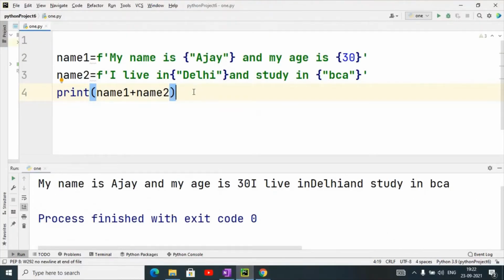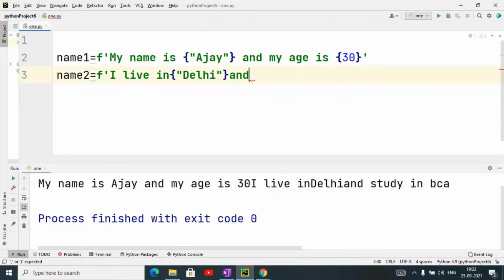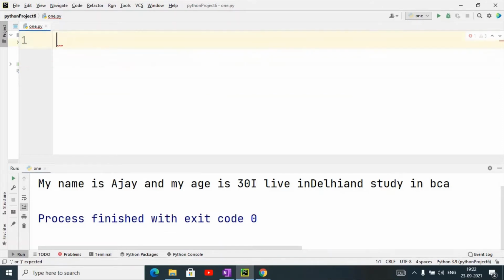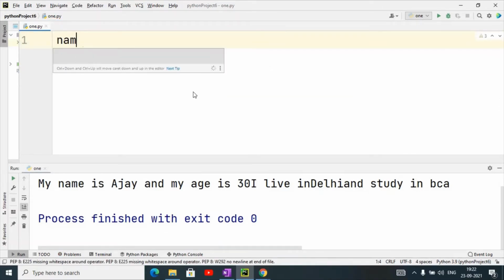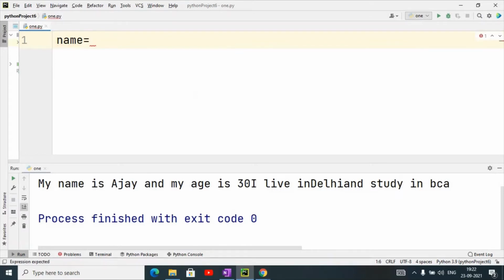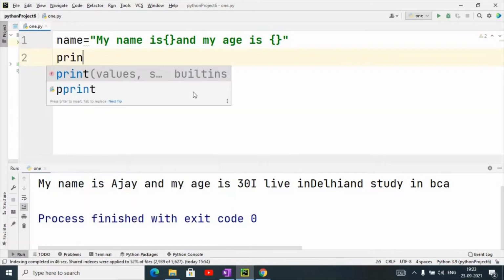Suppose I have a string like this. Name equals, I have taken it like this: my name is, then I have again used curly braces, and my age is, then again curly braces, and I am using the format function here.